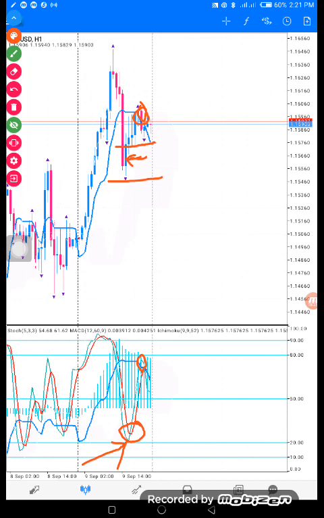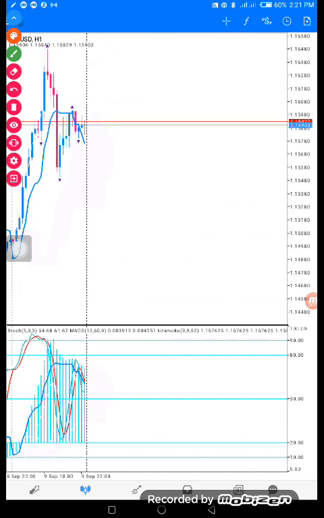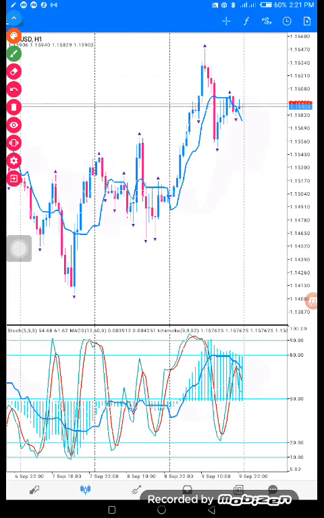Now as I said, when the Ichimoku is above like this, you should enter your trade. Then the stochastic crossover says you enter a trade there, which is a sell. Accordingly, it's a sell setup, so you're supposed to enter a sell position here. But why you should not enter a sell position here, regardless of the Ichimoku area, is because of